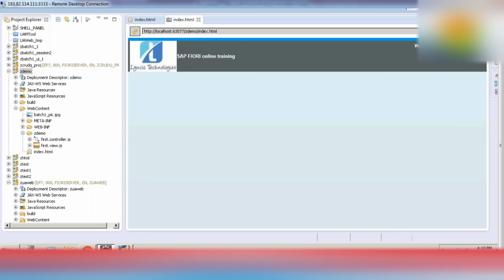Here my name is coming; I put it as a static field, but you can use dynamic as well. Definitely we will be using dynamic values. And log off, these things are appearing here.